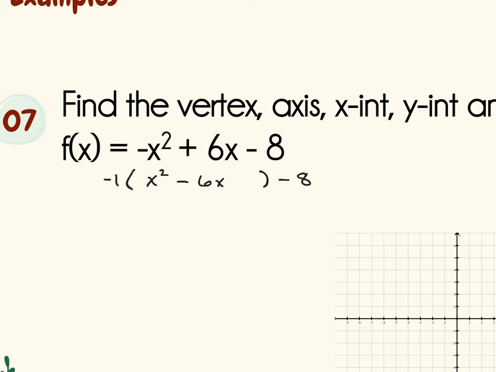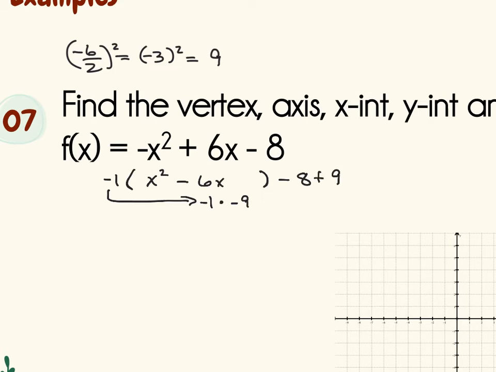Now the next thing I'm going to do is take my b term, divide it by 2, and square it. So negative 3 squared, and what I'm going to be adding is a positive 9. Now this is what I should be adding to both sides, but again, what I'm going to do is opposite. However, when I go to add it to the other side, I need to multiply negative 1 times the -9 that I should have added over here. So really what I'm going to do is add 9 here, and this would be the -3 squared that goes